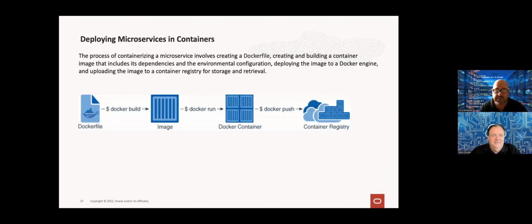So when we're deploying microservices and containers, as I said, a microservice isn't a container until you deploy it inside a container. A microservice is basically us segregating the application and breaking it up into individual modules or microservices. But then we will build a container out of that. The process is really: you create a Dockerfile, you create your image from that Dockerfile, you create a container from that image, and then you push that into a repository or a registry. That could be in our OCIR registry, or it could be an external registry like Docker or an Oracle external registry as well. So that containerizes the application or the microservice.